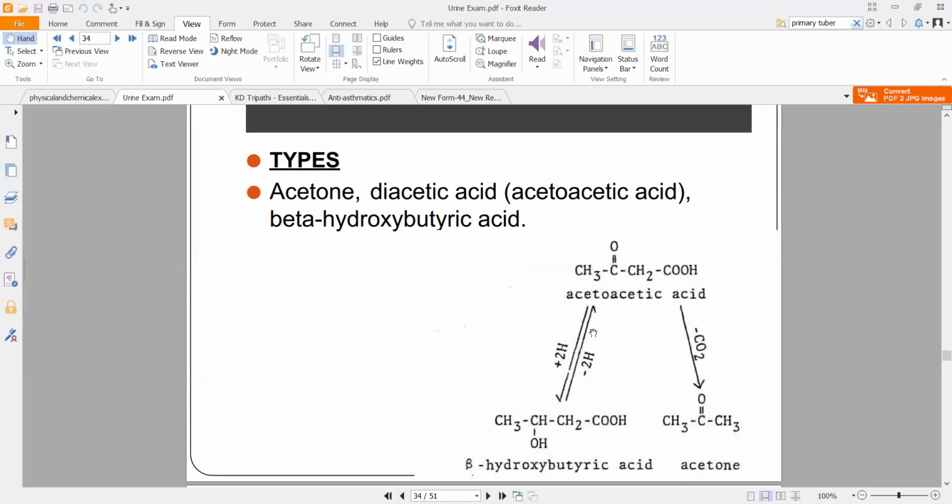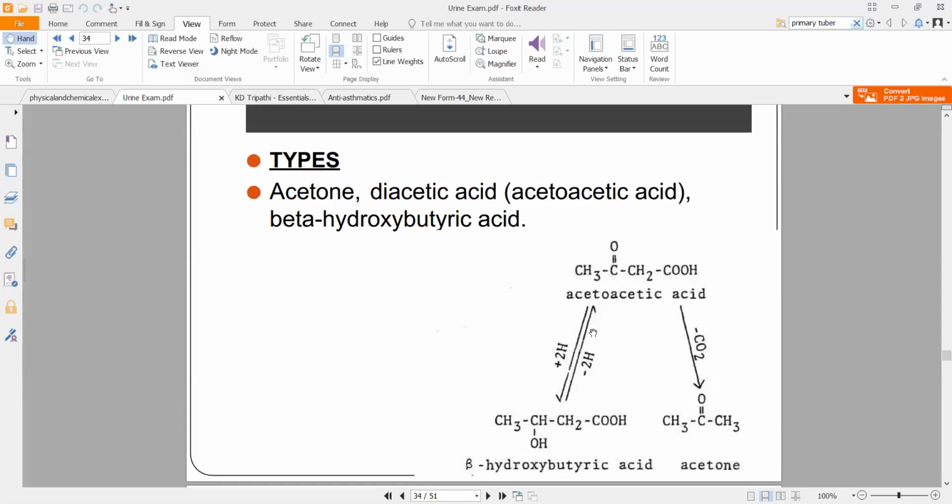So this is interchangeable in your urine, in the sense that the ketones in your urine will either be in the form of acetoacetic acid, or in the form of acetone, or in the form of hydroxybutyric acid. And they can change in between. So beta hydroxybutyric acid will change into acetoacetic acid, that will change into acetone, based on how long you're keeping the urine, depending on the pH of the urine. Whichever form the ketone can stay stable in, that form it will stay in.